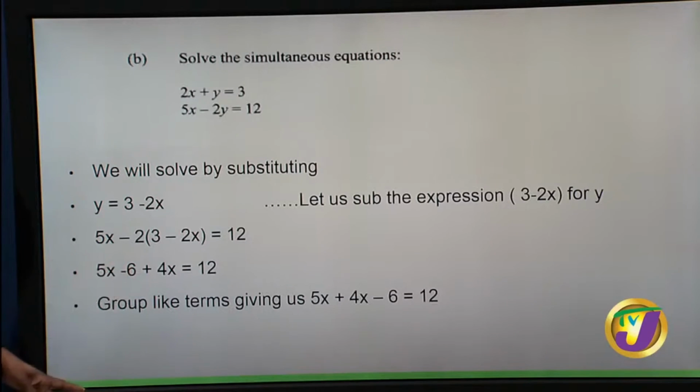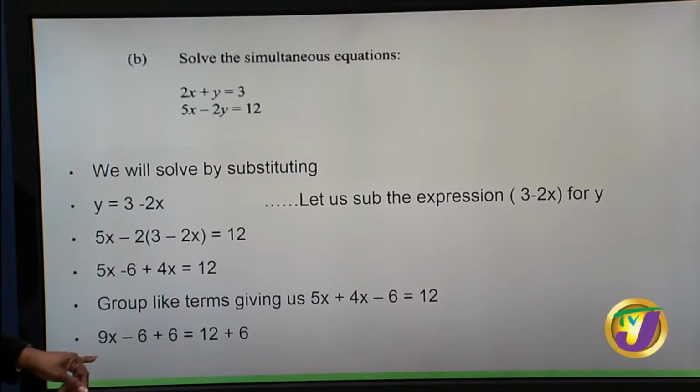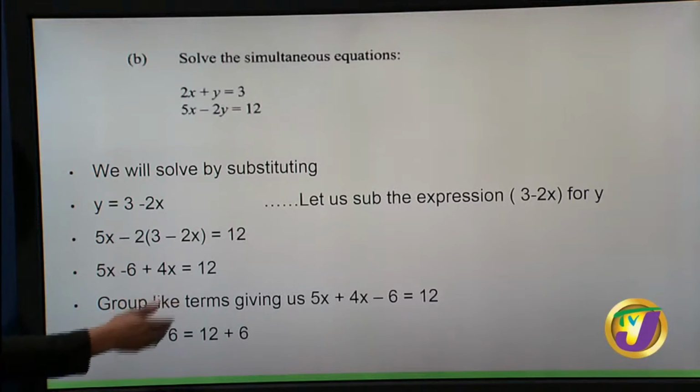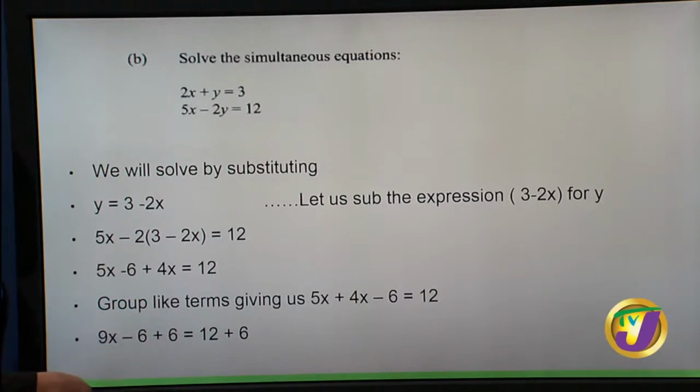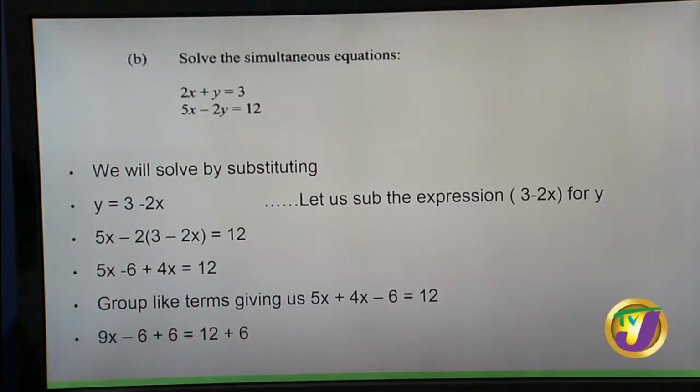Let us carry out the calculations, giving me 5x plus 4x gives me 9x, subtract 6. I was trying to get you to see that I am undoing what was done to the x. So I am going to add back the 6 that was taken away from 9x. And you can see it here. I add it back to my right side as well, giving me